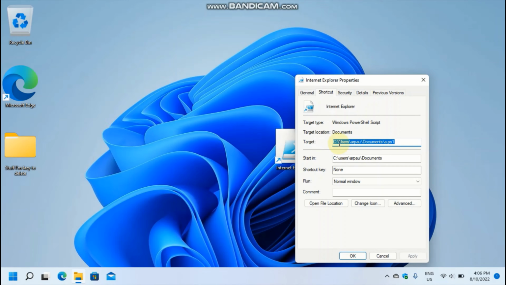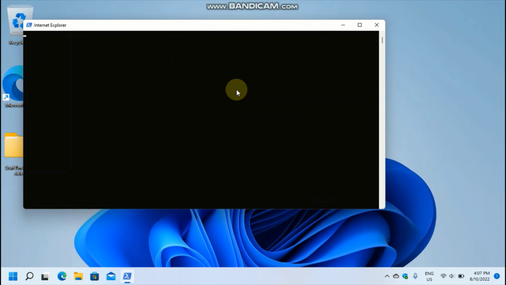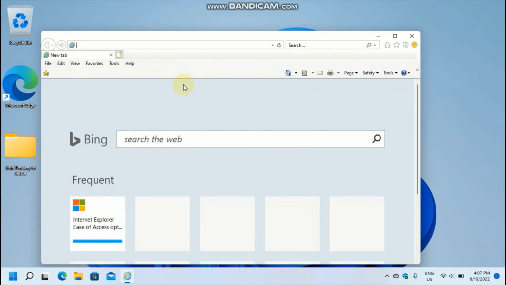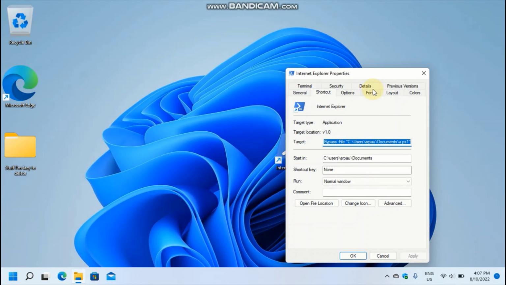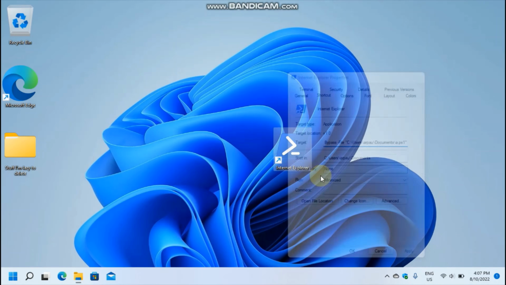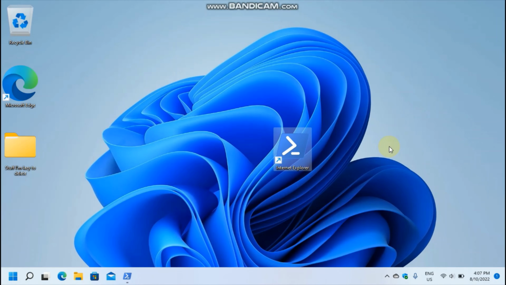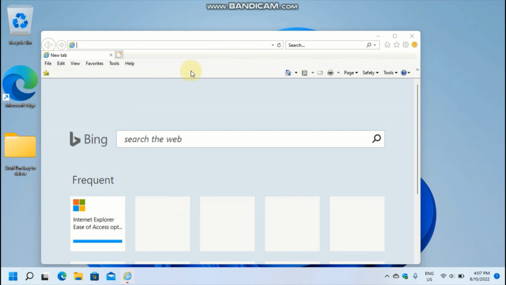shortcut and then add the following thing to the target. You have to bypass PowerShell's execution policy by typing in powershell -ExecutionPolicy Bypass -File and the path to this file. Apply it, and now when you run it, Internet Explorer will open. And you can also in the properties minimize the window. It will not minimize IE, it will just minimize the PowerShell window here, as you can see, so